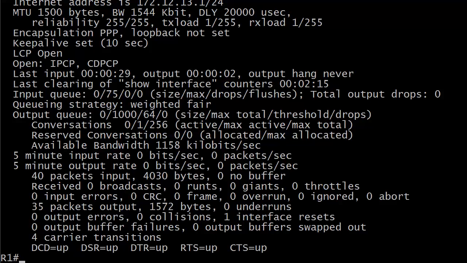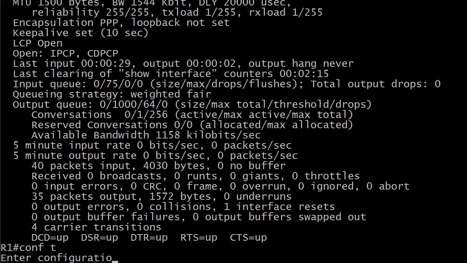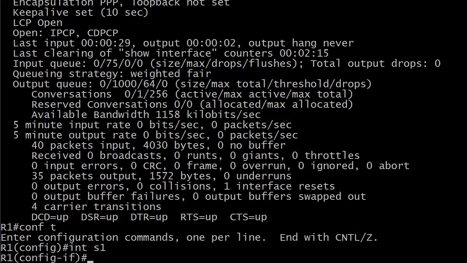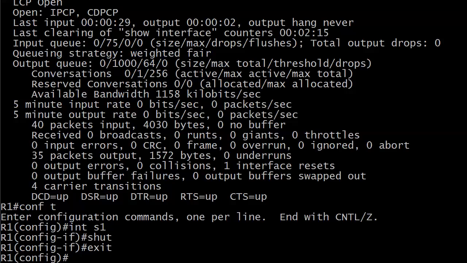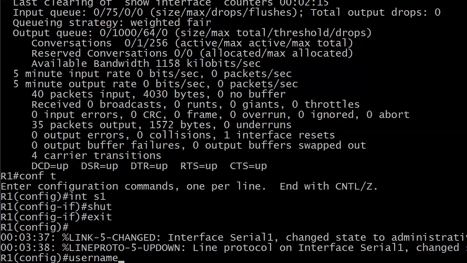What if we had a username issue? What if we didn't have an entry for a user? Let's see what would happen with that. We'll go ahead and shut S1 down here, and we'll wait for the inevitable. There it goes. And we'll do a no username